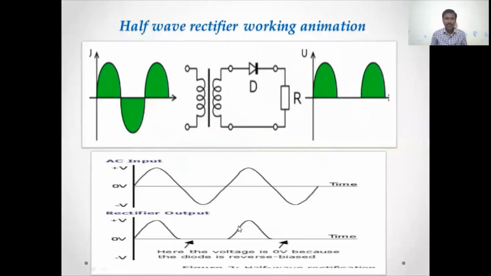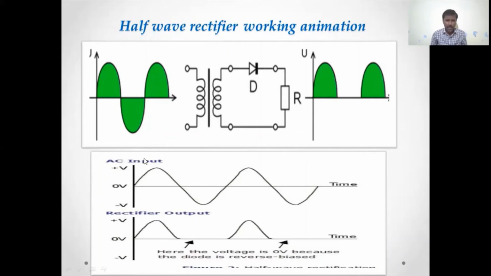So let us see another diagram, which gives the output cycles of a half wave rectifier. These are the positive waves and this is the negative cycle of a wave. These are input to the primary coil of the transformer and output is collected from the load resistor. Like this, only positive cycles are collected by the load resistor.